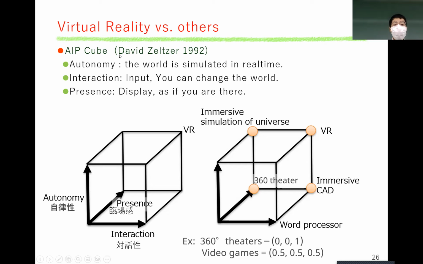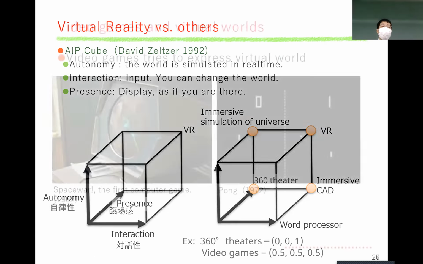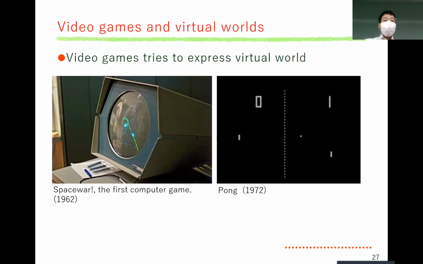Using the AIP cube, the relationship of the media can be illustrated on this cube. And so, video games are, I think, very similar to virtual worlds. The difference is very small, I think. And video games also tried to express the virtual world from the beginning. So this is the first video game, Spacewar. It already has some world. It has a spacecraft and